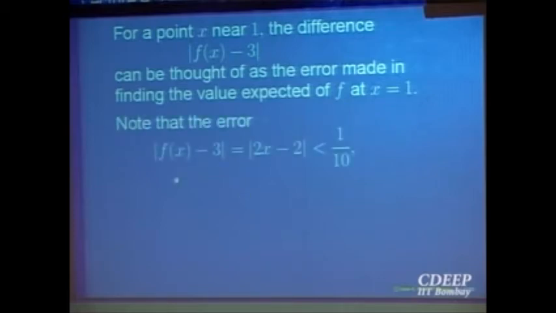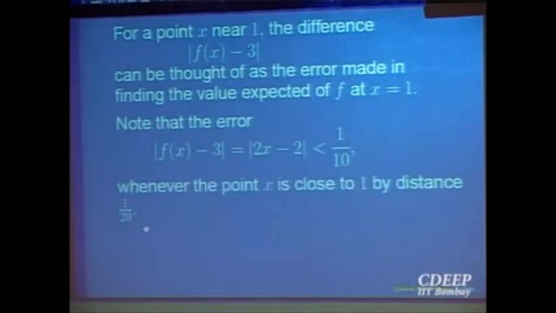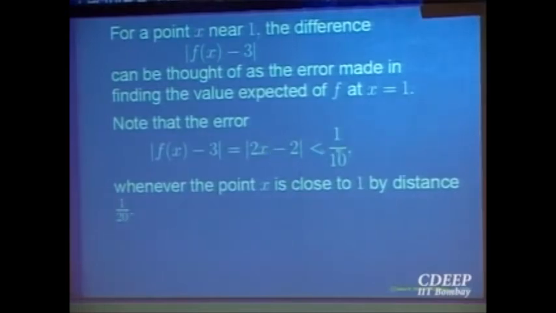But look at this error. What is the error equal to? What is f(x) equal to? 2x plus 1. So 2x plus 1 minus 3 is 2x minus 2. Suppose I want the error to be less than 1 by 10, that is 0.1. Then how far away can I take x to be? Then x should be at the most at a distance 1 over 20. Quite clear? Because if I take 2 out common, then the distance of x minus 1 will be less than 1 over 20.